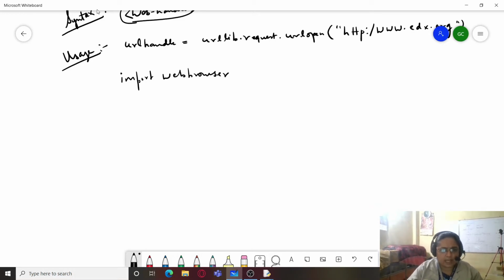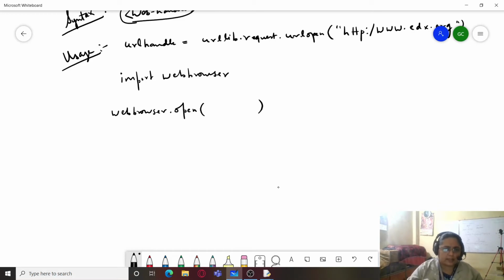and within this I'm going to use webbrowser.open(url_handle). Now before using this, I cannot use this url_handle over here directly. Instead, before doing this, I have to do one more step.